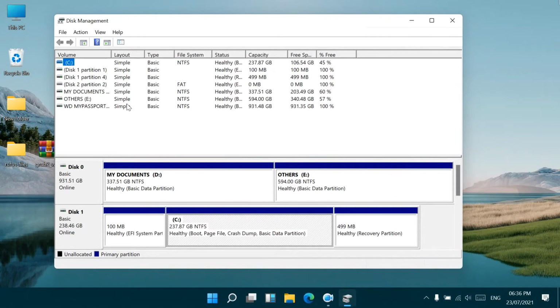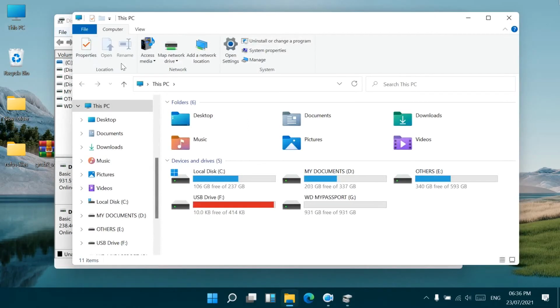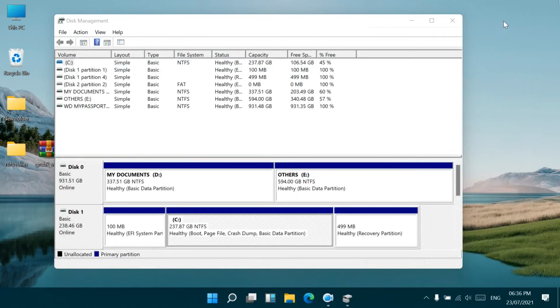So you open our file explorer. Here I will show you how to install on an external hard drive, but for those who will be installing it in the system itself. Here I have 3 drives, that is drive C on which the operating system is installed, and 2 data drives D and E. I have more space in this E drive than on the other. So I will be creating the partition from this E drive only. You can choose from whichever drive you want. So I will close the file explorer.